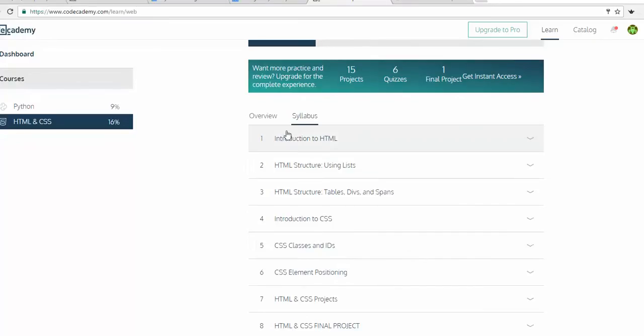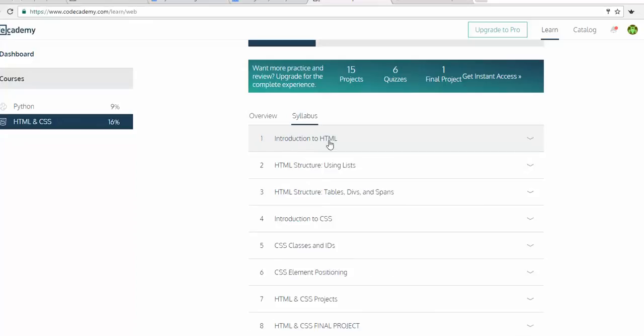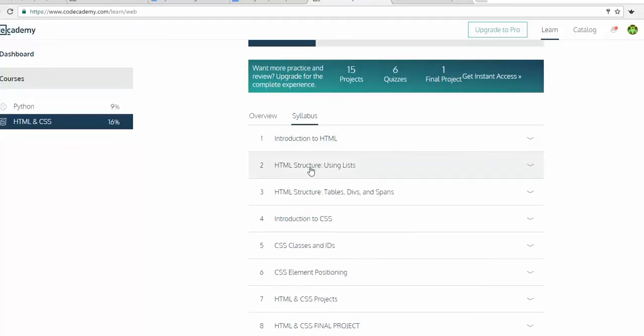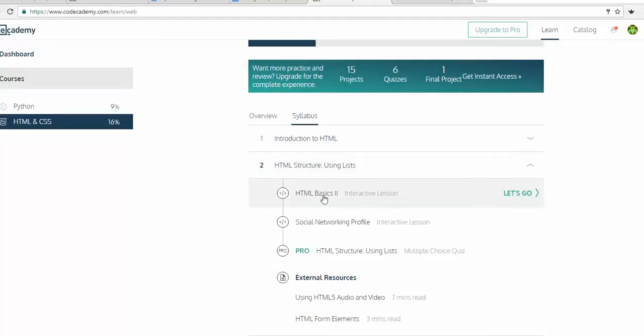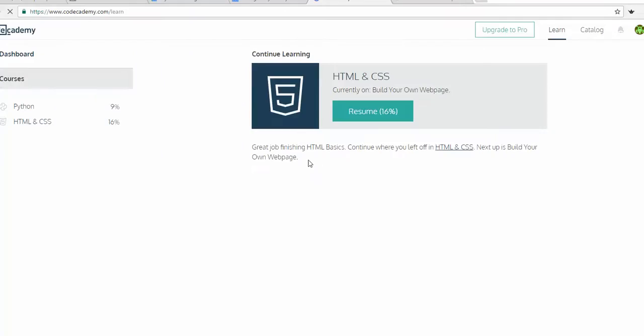but we're not going to be doing all of this because some of it we can't get to anyway. For example, under Introduction to HTML, I'm going to be asking that you do the HTML basics. And then under Using Lists, I'm going to ask that you do HTML basics too. So just to show you what that looks like when you get into these,